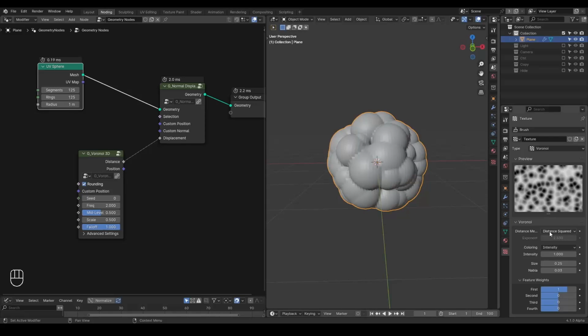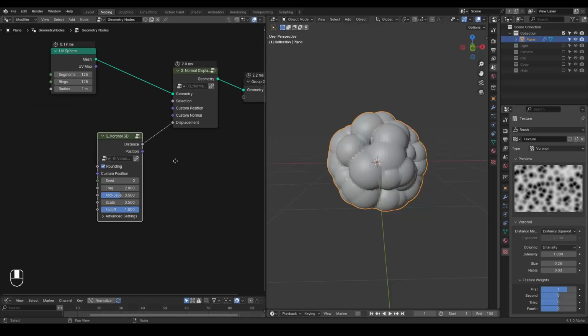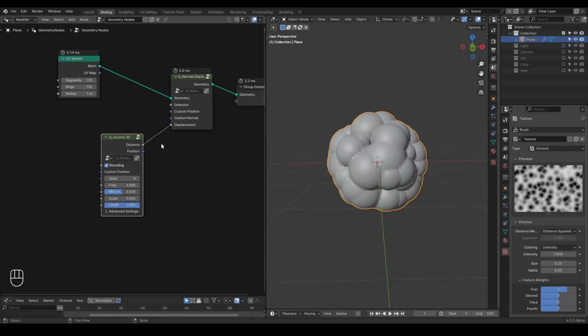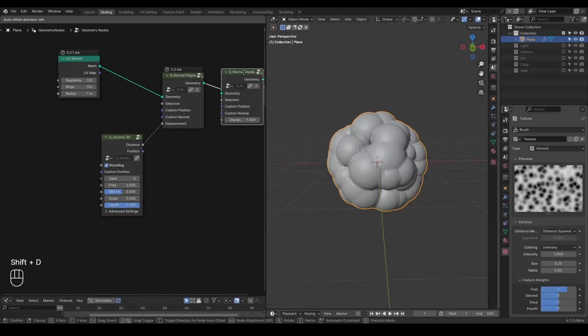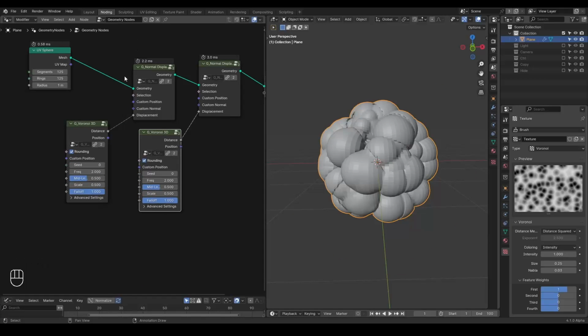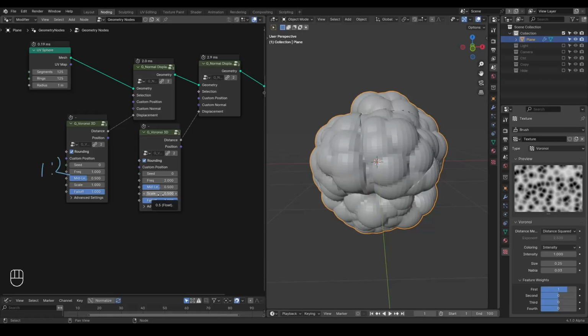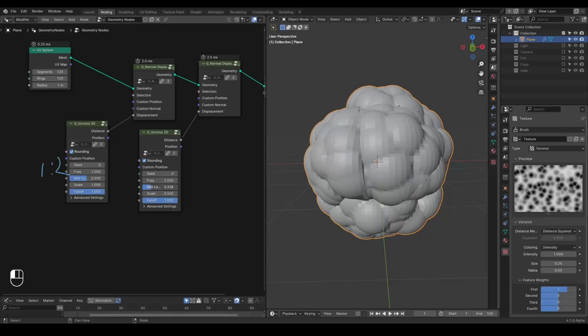So this is the distance square formula. I don't actually remember the formula at all. It has been so long and I'm not a person who invented that. So that's why we need a preset. Next, we just need to add more details by adding more displacements and more Voronoi. So on the top of original blobbing geometry, we're adding a second level of Voronoi. So we can keep the frequency ratio as 1 to 2, and the scale ratio maybe at 1 to 0.5. And I may also change this mid level,